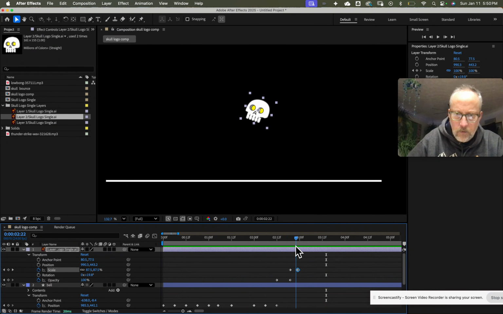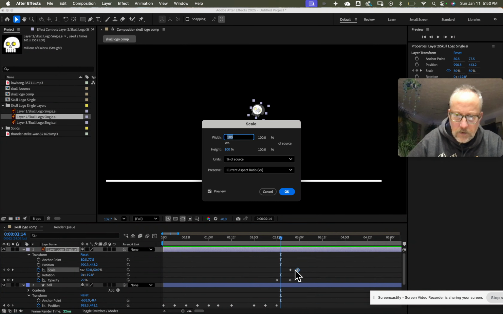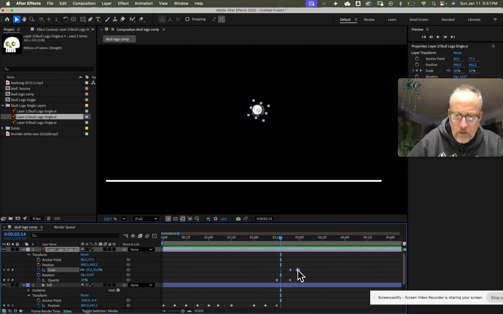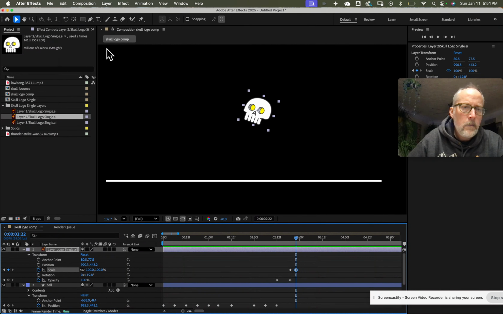Okay, so I want that to shrink, and I want it to happen pretty quickly there, so I'm going to pull that just a little bit more in, like that. Now the skull also goes down and bounces one more time, so from here that skull is going to do a position change. So we're going to go here,